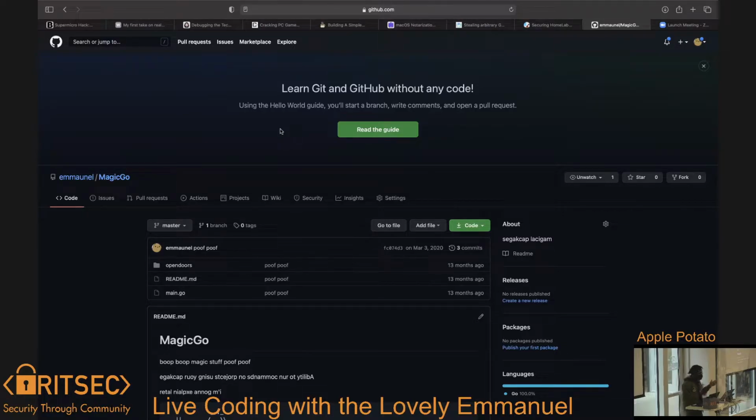So what we can do is create our own awesome package called open doors. It's just going to print out a beautiful message, nothing special. But at the beginning of the init function, we are going to put in a backdoor so we can have access to whatever website uses our package.